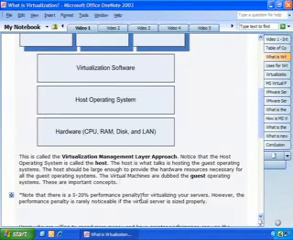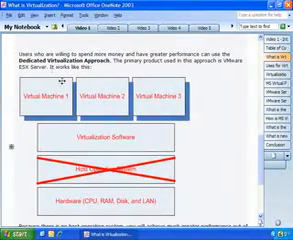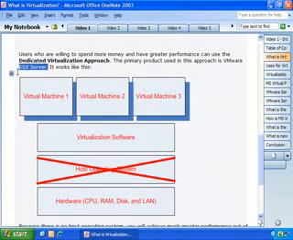So now let's look at a different approach to virtualization. Now, users who are willing to spend more money and get greater performance in return could use this approach. This is called the dedicated virtualization approach. Now, the primary product used in this approach is VMware ESX Server. ESX Server is